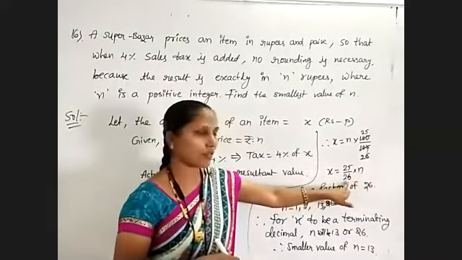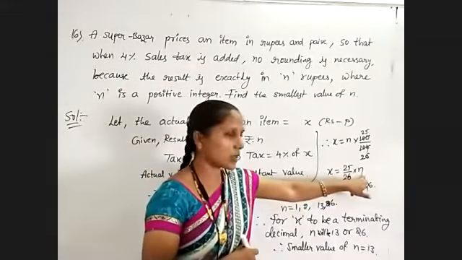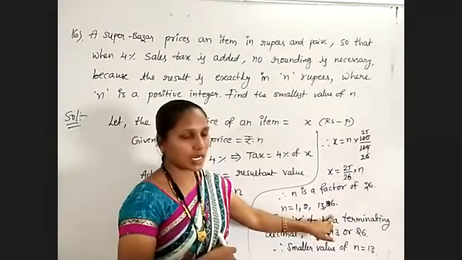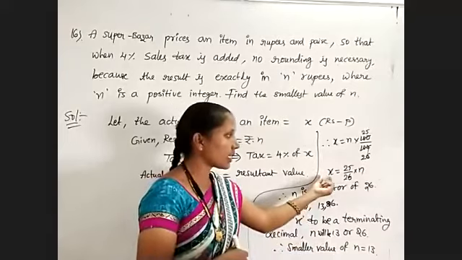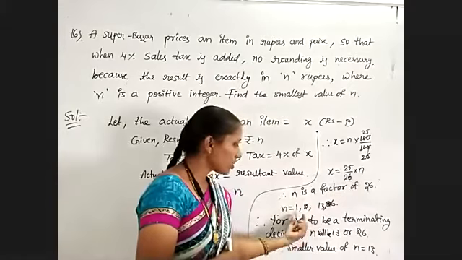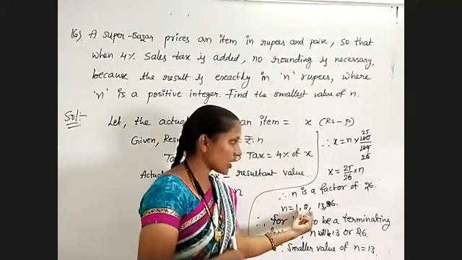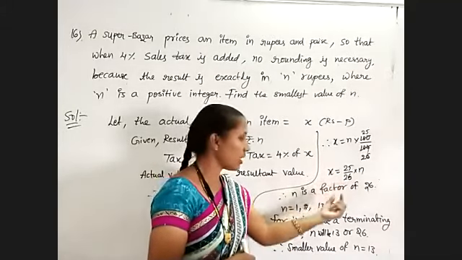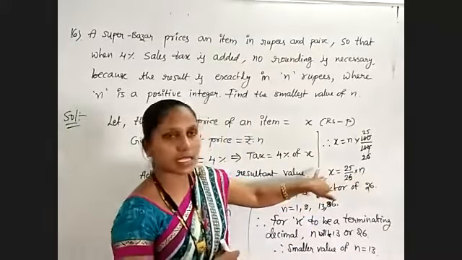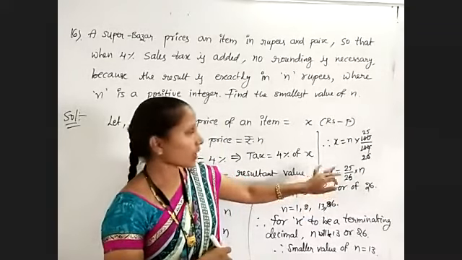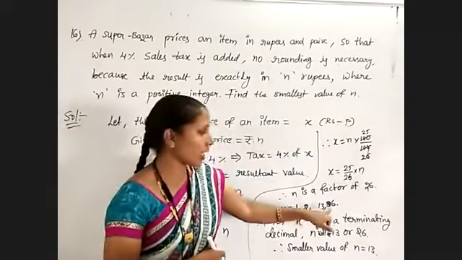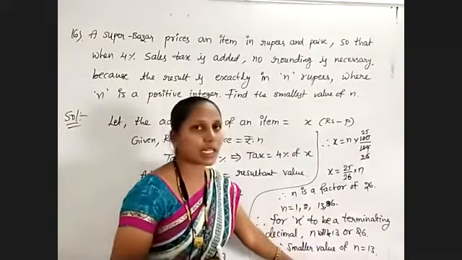The factors of 26 are the values of n. Then what are the different factors of 26? Write down. And if x will be a terminating decimal, those values only we must choose for n. So 1, 2, if you are taking, we are not getting a terminating decimal. So from the factors of 26, if we are taking 13 or 26, we will get x as a terminating decimal. Okay. And they are asking us to find the smallest value. So among 13 and 26, n is equal to 13 is the smaller value.